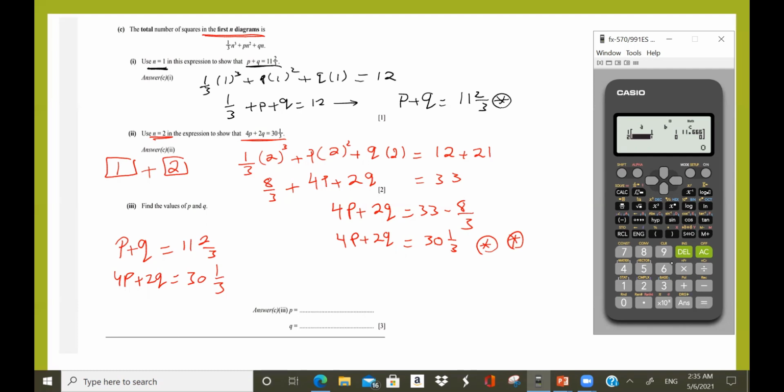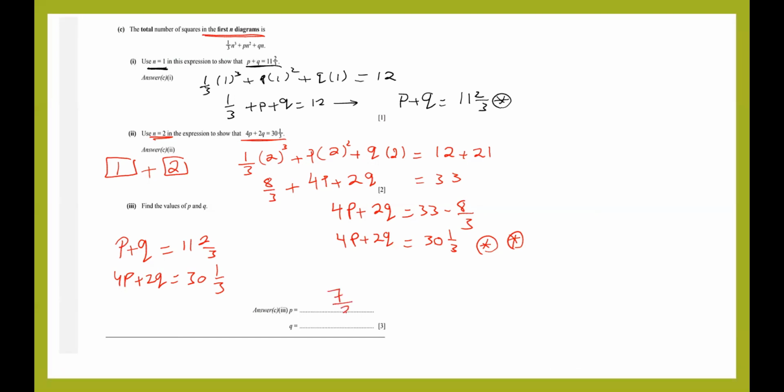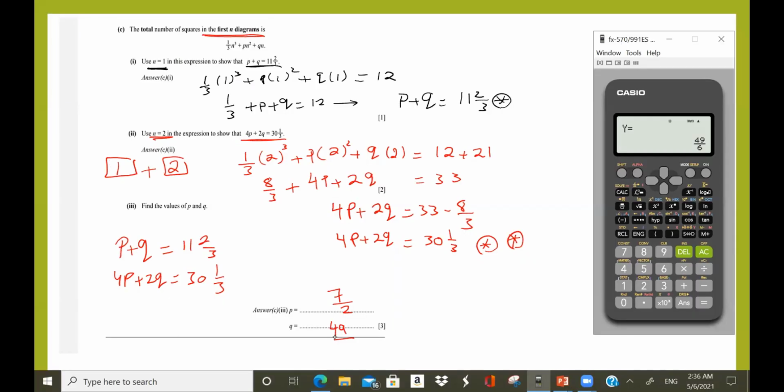And the second one, we have 4 as the coefficient of p. Then we have 2 as the coefficient of q. Then we have here 3 by 30 is 90 plus 1, 91 out of 3. So we can write 91 out of 3. So the p is 7 over 2, and the q is, just check with the calculator for the final answer, 49 over